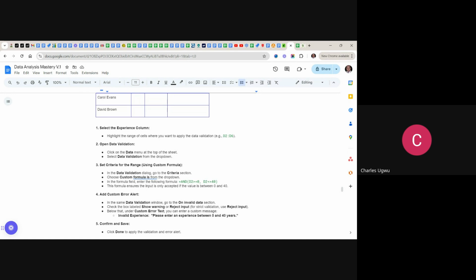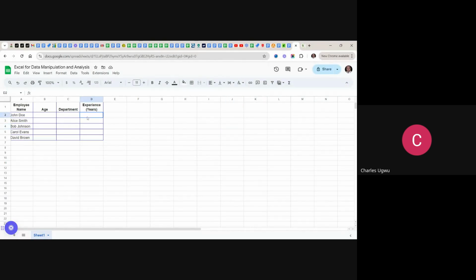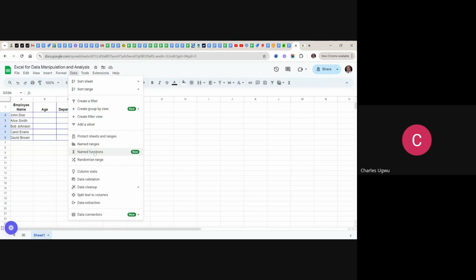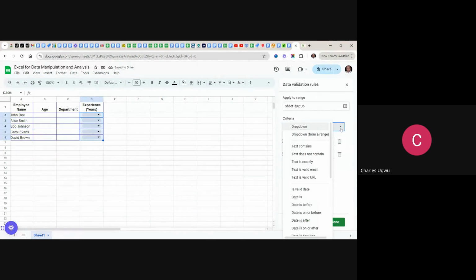We've had a table already, and what we are talking about is between 0 to 40. And we go to data, and we go to validation. And as usual, we come over here, we create the rule. From drop down, select criteria, and